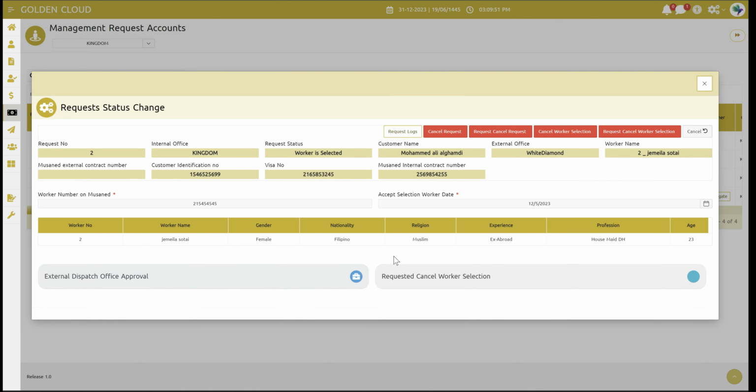Also, you can see that the system has provided you with two options: external dispatch office approval and request cancel worker selection. Note that the external dispatch office is the same as the external office. So whenever you select a specific worker for a certain client or a certain customer, the external office must approve this selection. So note also that the system will guide you and help you through the entire process of